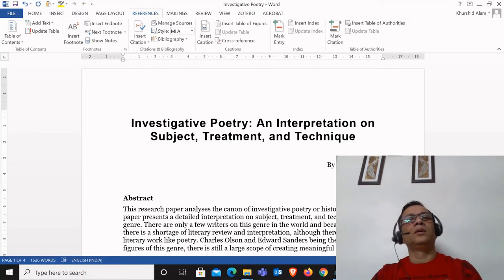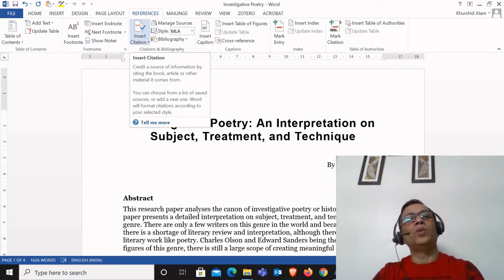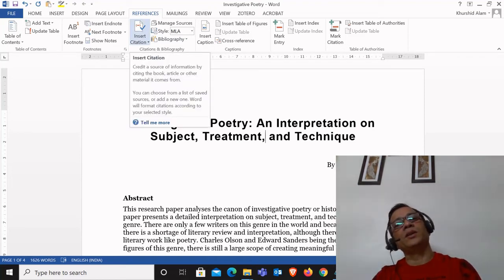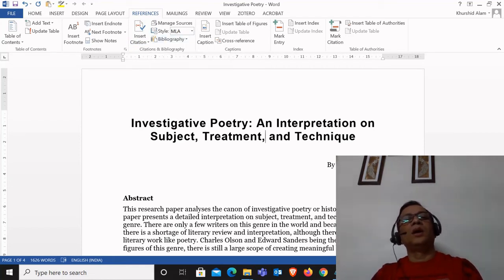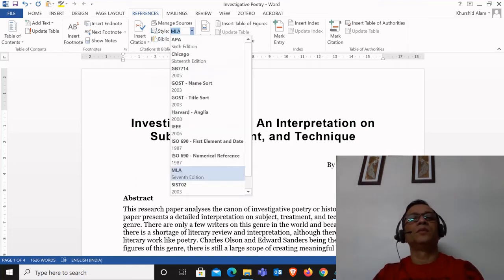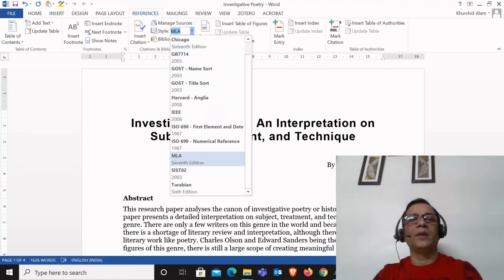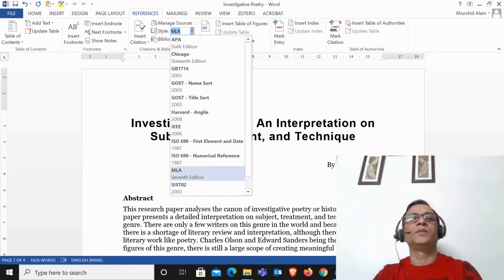Now I'm going to show you how to create a bibliography and insert an in-text citation. To insert an in-text citation, you must first create a bibliography. Here is the list of styles. In Microsoft Word, you will find almost all popularly known styles for your formatting, such as APA, Chicago, IEEE, MLA, Turabian, and others.